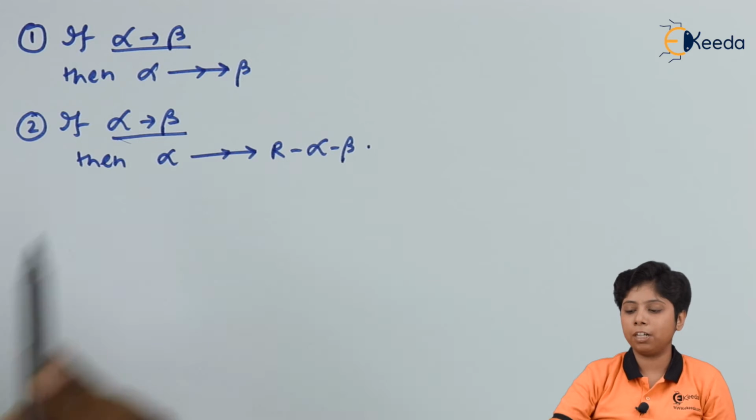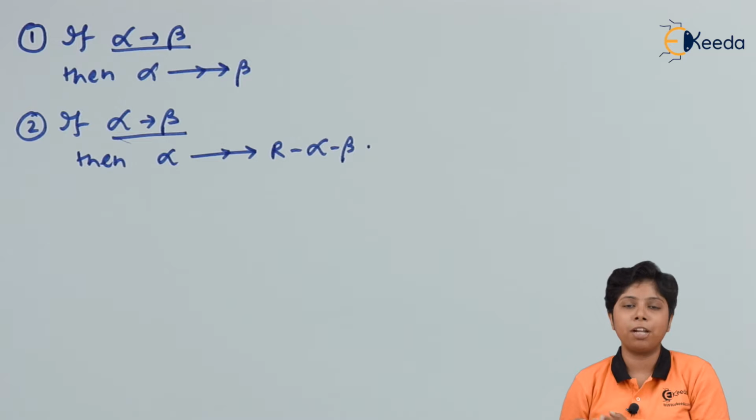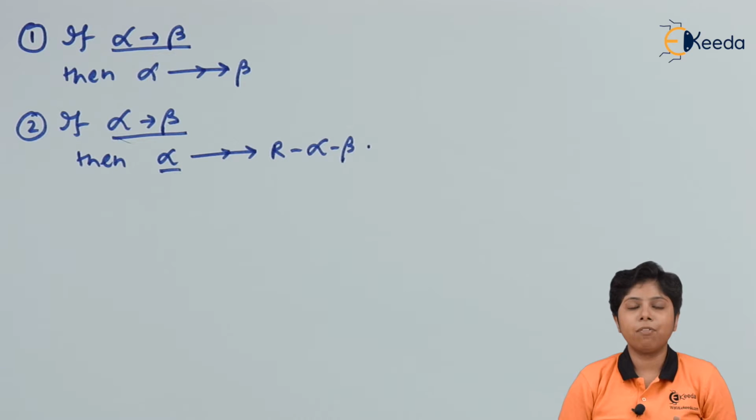And also, if there is a functional dependency between alpha and beta, then the rest of the attributes that form the relationship set R without the alpha and beta combination will also have a multivalued dependency with alpha. Now that we have discussed multivalued dependency in formal definitions and its relation with the functional dependency, we